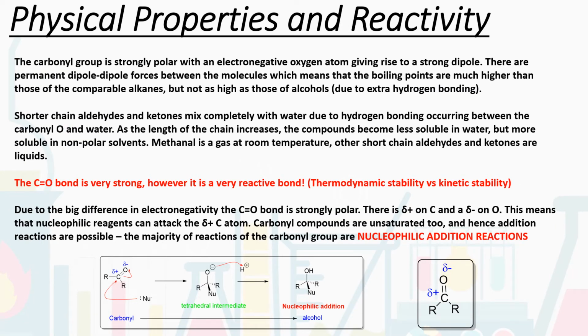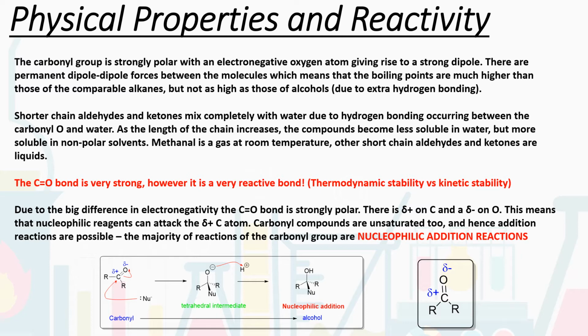So in terms of the physical properties, the carbonyl group is really strongly polar. We have our electronegative oxygen connected to our carbon, so this gives rise to a very strong dipole, and therefore our partial positive and partial negative charges. And so there are permanent dipole-dipole forces that act between molecules that contain carbonyl groups, which means that the boiling points are much higher than those of the comparable alkanes,